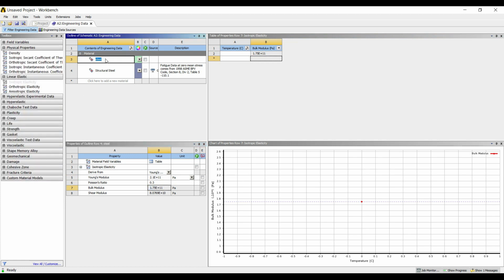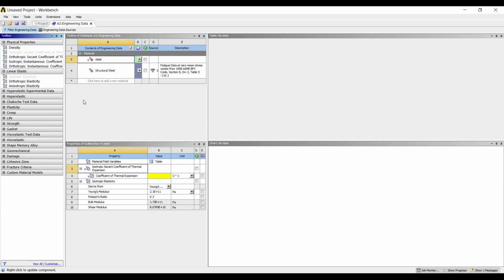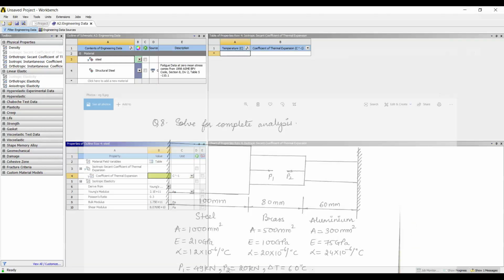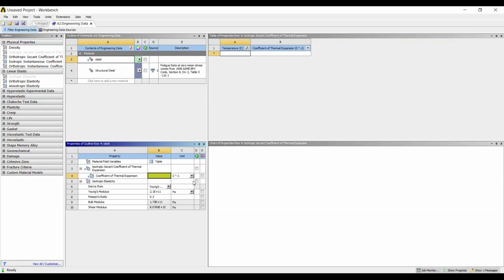I'll click on steel again because I need one more property, that is isotropic coefficient of thermal expansion. You can see it's written here, isotropic secant coefficient of thermal expansion. Now I need to add this value. For steel, the value is given as 12 into 10 raised to minus 6 per degree Celsius.